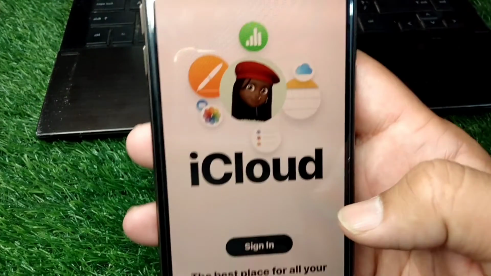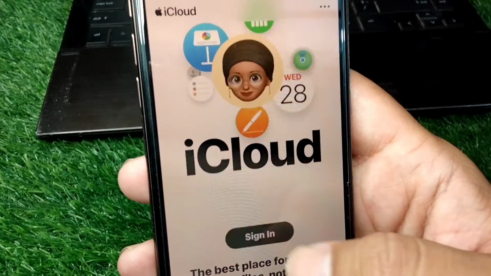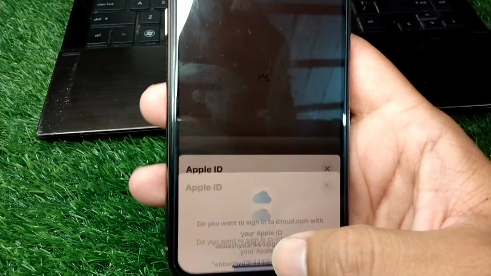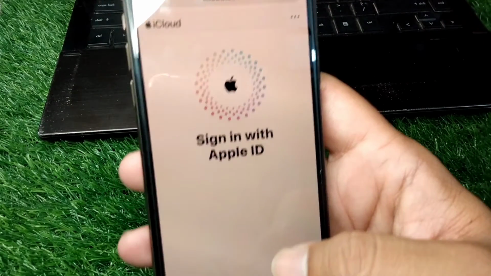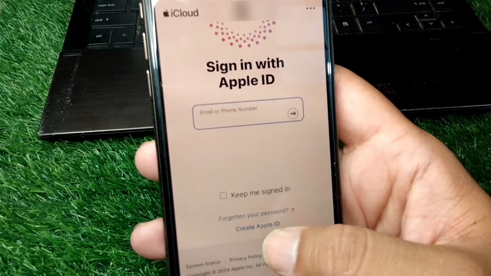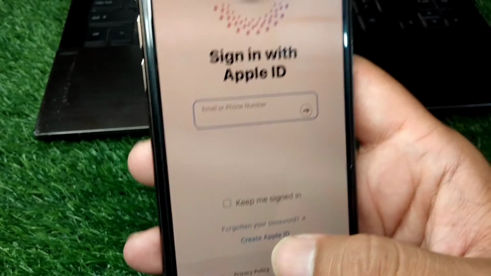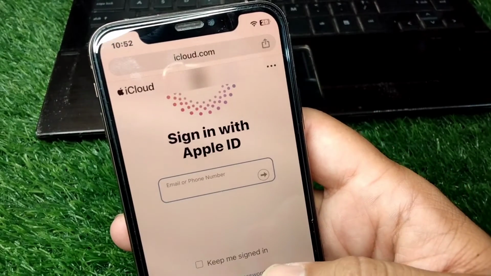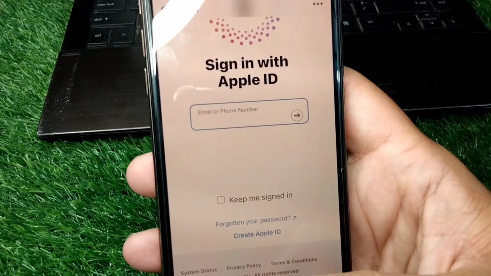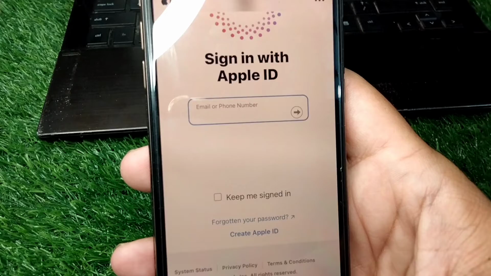So guys, here you can see this, and after this tap on sign in and wait here for some seconds and tap on use a different account, and from here you have to simply tap on create Apple ID. So guys, here you can see this, tap on this and you have to simply use iCloud.com to create your Apple ID. So guys, check this website, and if the problem is still there and you are unable to create